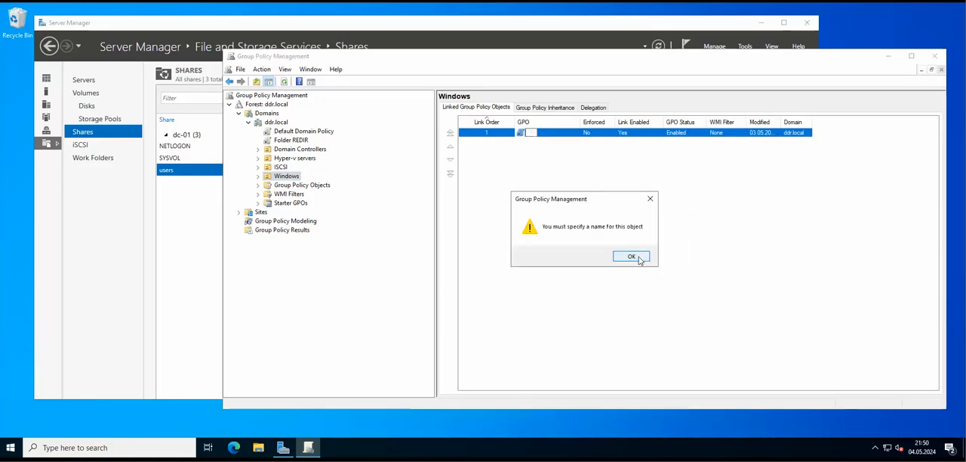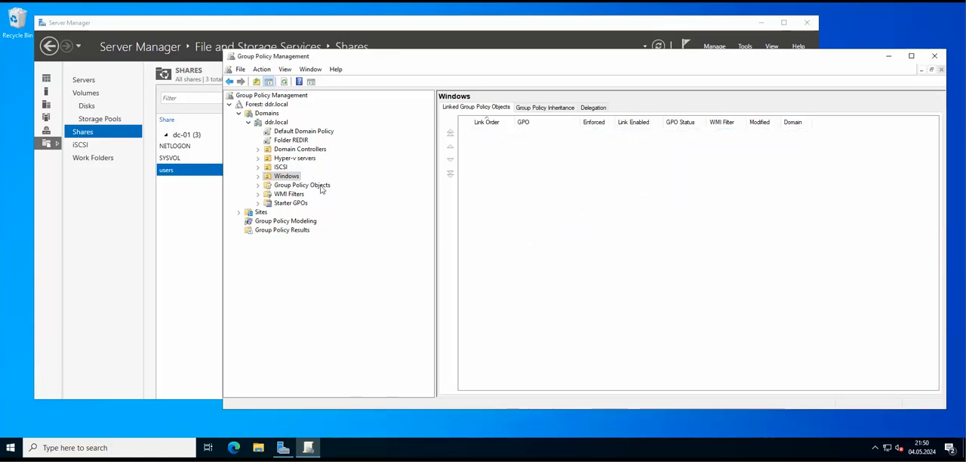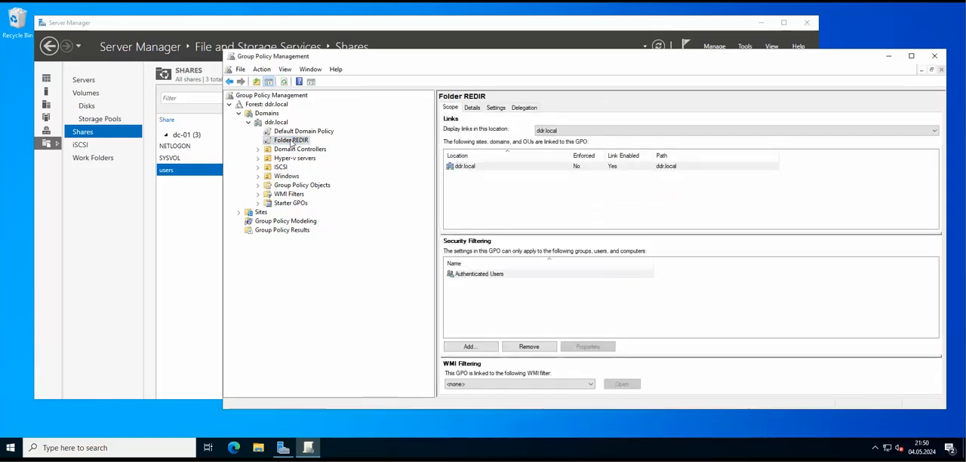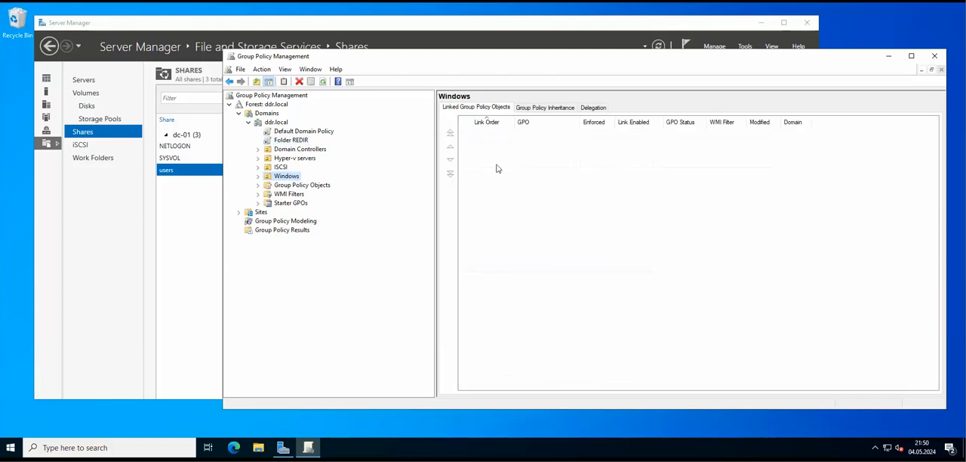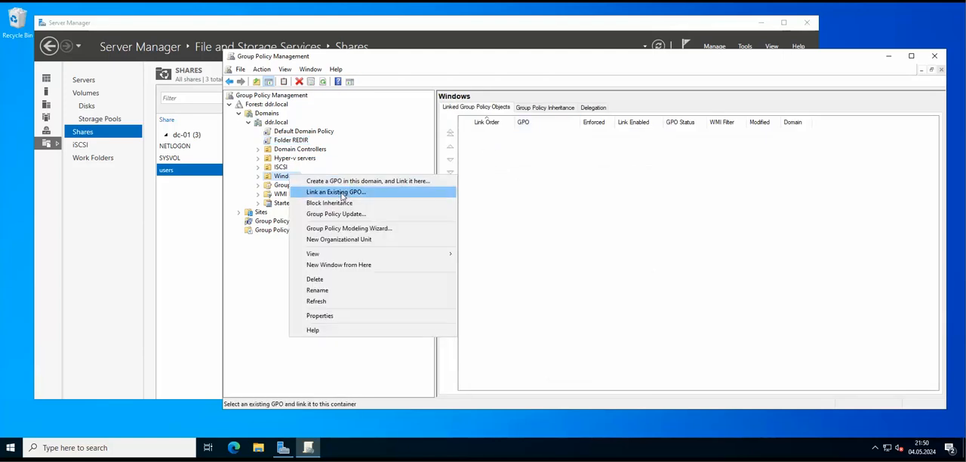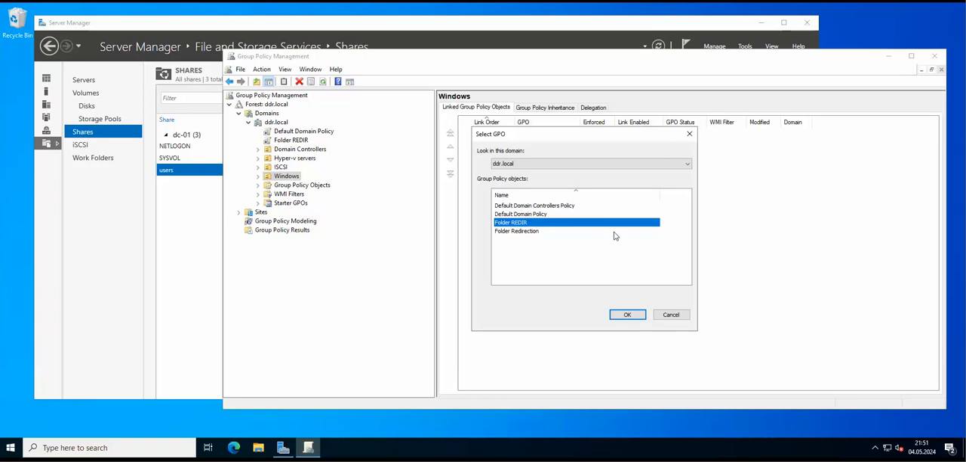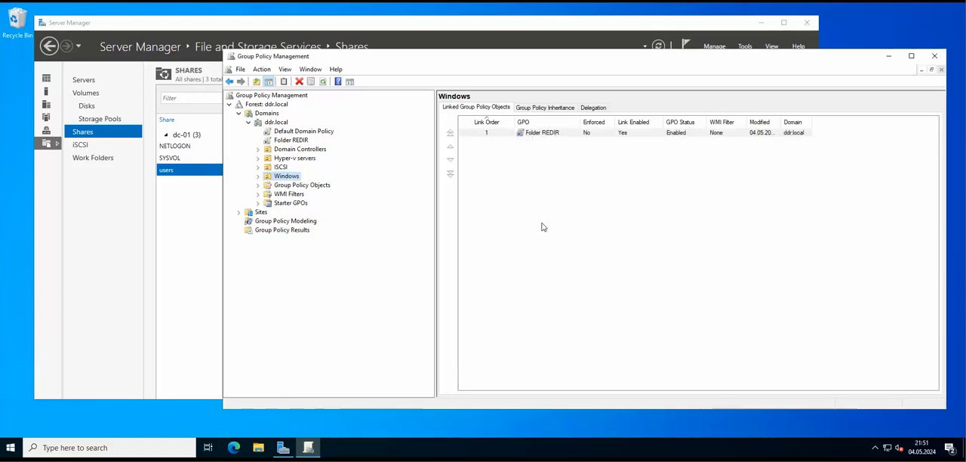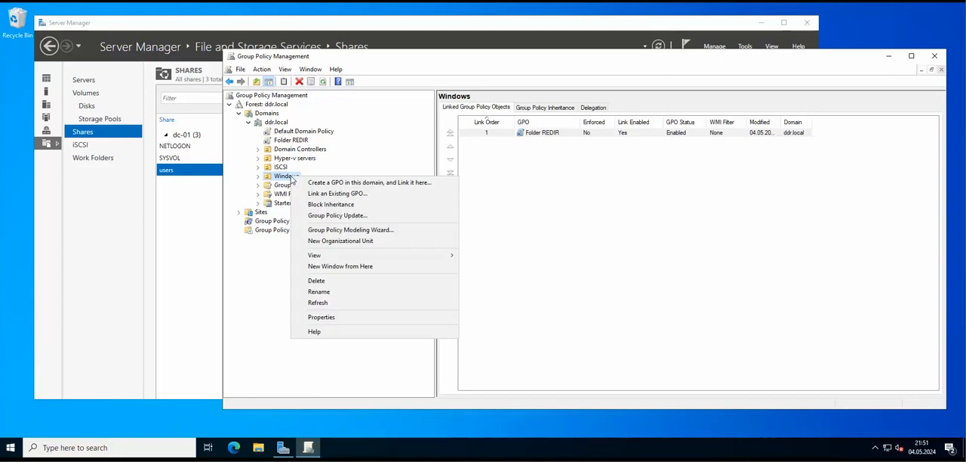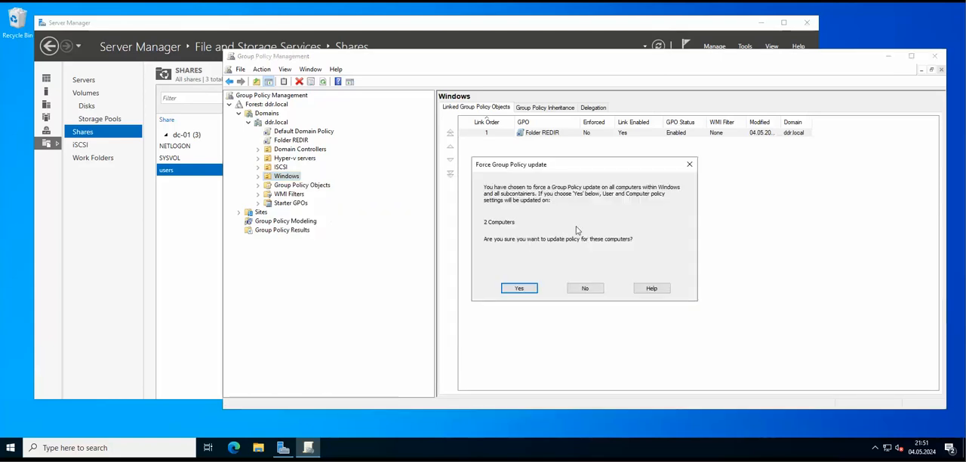I'm gonna delete this. Delete, yes. We're gonna just go to Windows and let's link an existing GPO. We're gonna choose this folder, and there we go. Okay, so we have linked the GPO to the folder, and now we can actually go to group policy update,